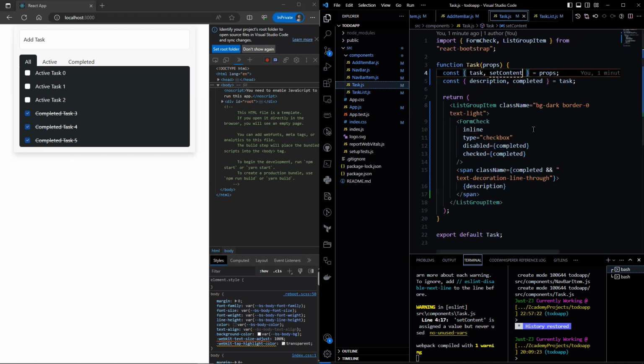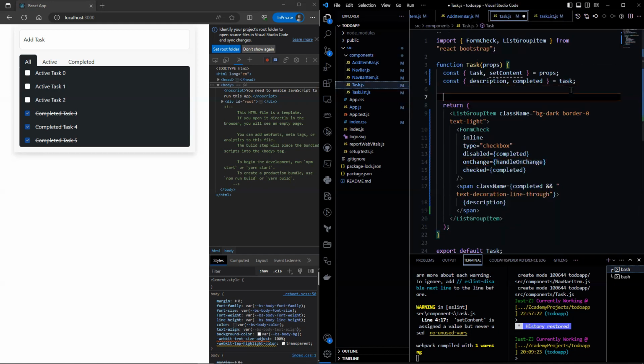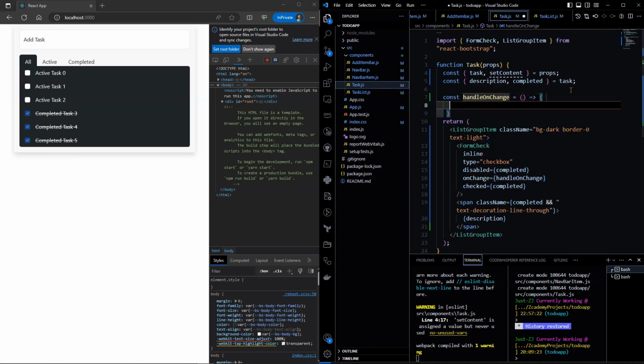Now let's go back to Task and provide that with an onChange event handler. Let's call this handleOnChange and let's create this function. So in this function, we will need to set the task completed property to true.